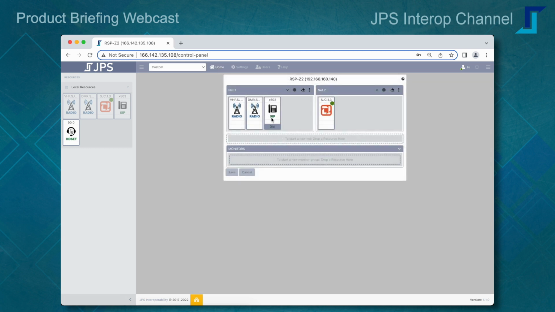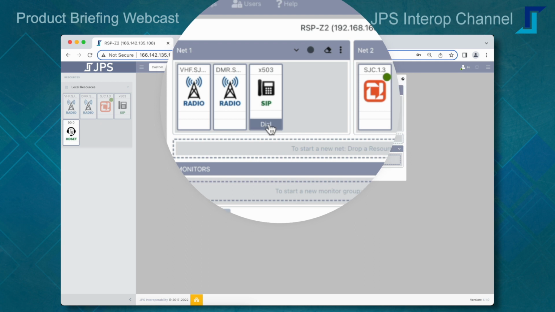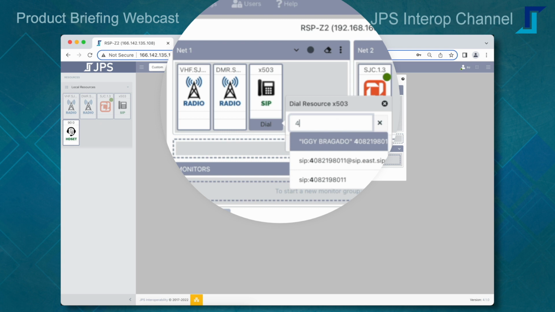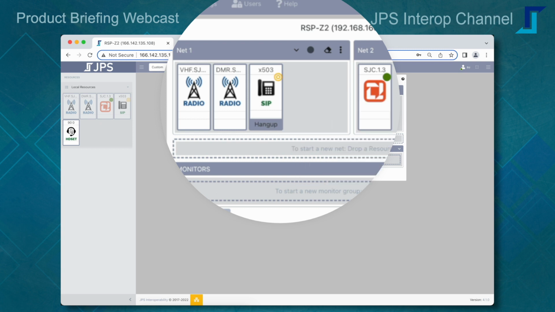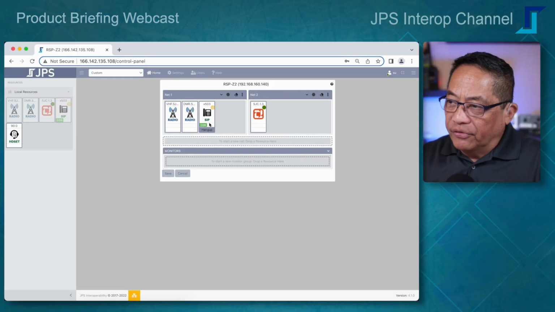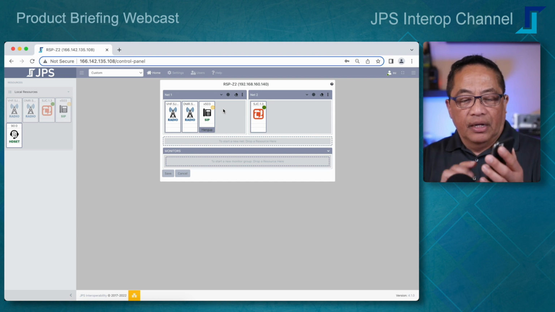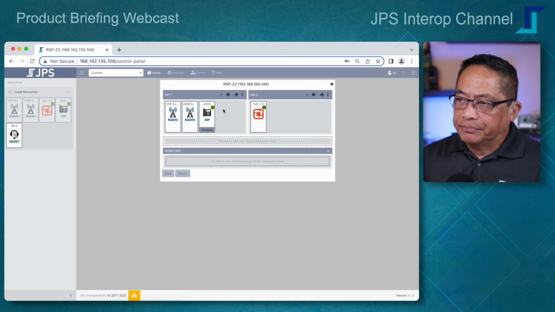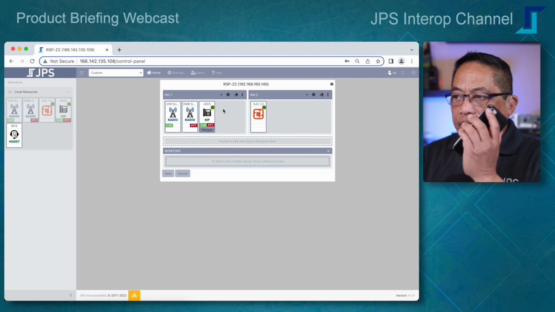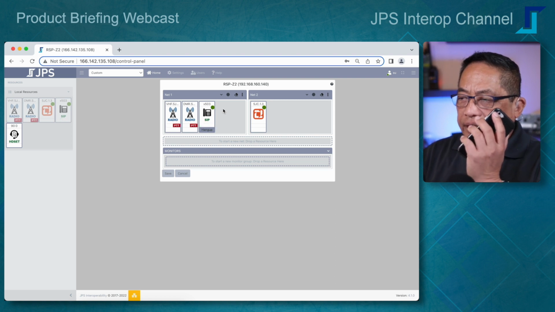And since I am consolidated in an interoperable net, this gives me now the ability to click on the dial button. I can enter a phone number. Entered my mobile phone, and you can see the little bullseye indicating that a call is coming in, and a call just came in on my phone. I'm going to go ahead and answer that, and you can see now the signaling going back and forth